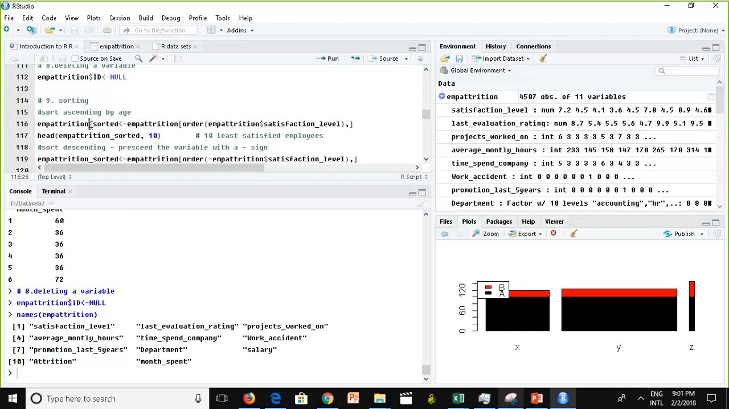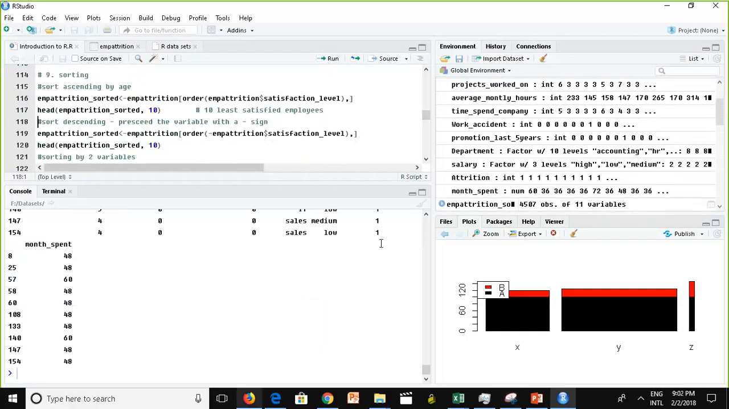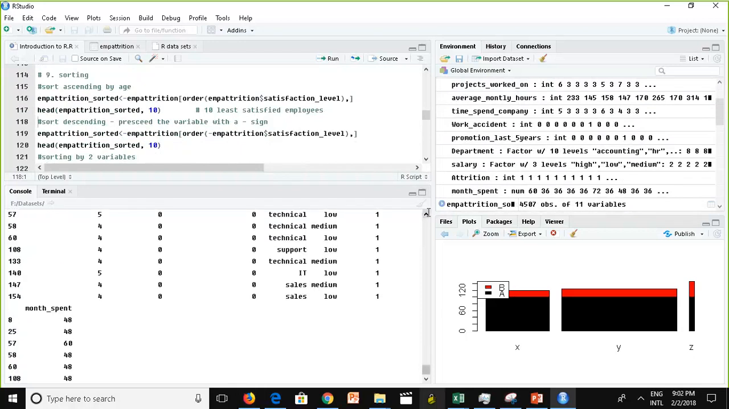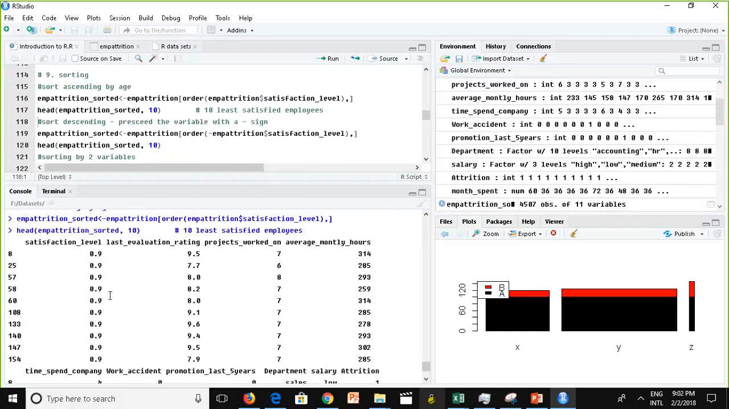Now let's run this, and then I'm going to preview the first 10 rows, and you could tell that your data is sorted by the satisfaction level ascending. You would probably have to preview more data to actually see it, right? So now